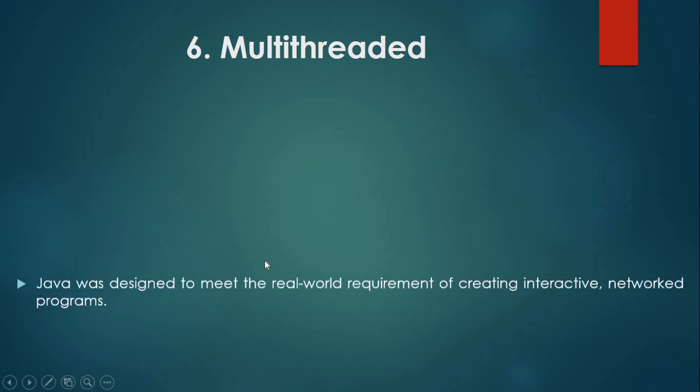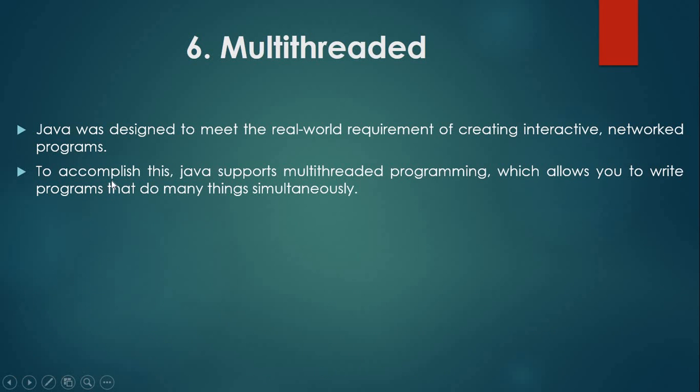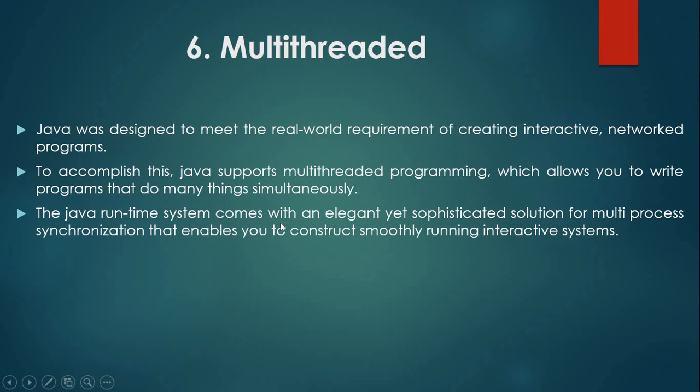The sixth one is multi-threaded. Java was designed to meet the real-world requirement of creating interactive, networked programs. To accomplish this, Java supports multi-threaded programming, which allows you to write programs that do many things simultaneously. The Java runtime system comes with an elegant yet sophisticated solution for multi-process synchronization that enables you to construct smoothly running interactive systems. For example, a multi-threaded or multi-process example is your